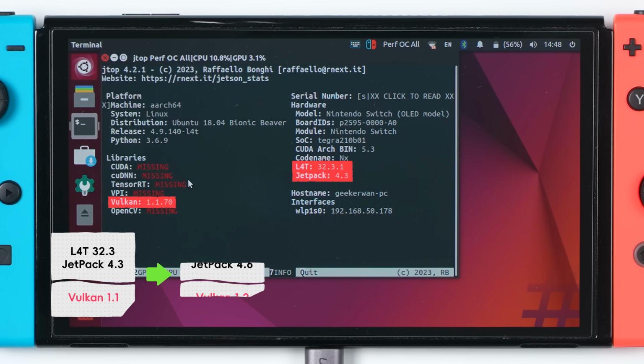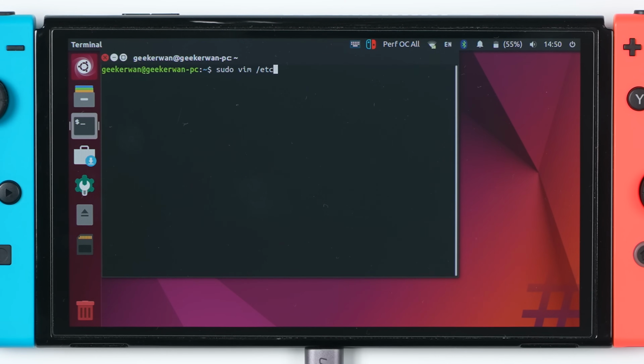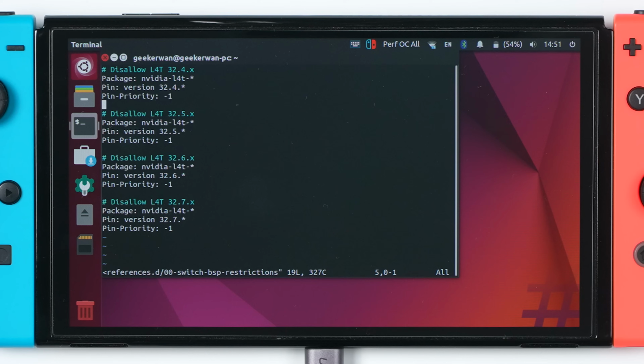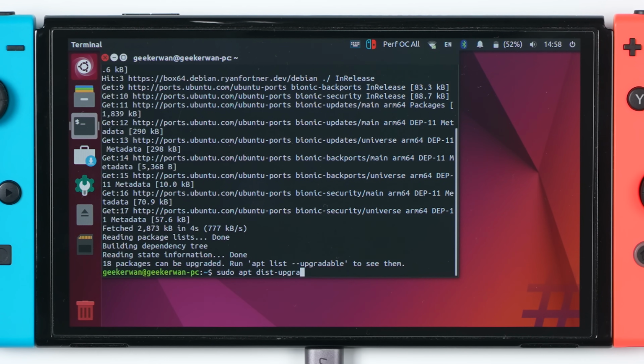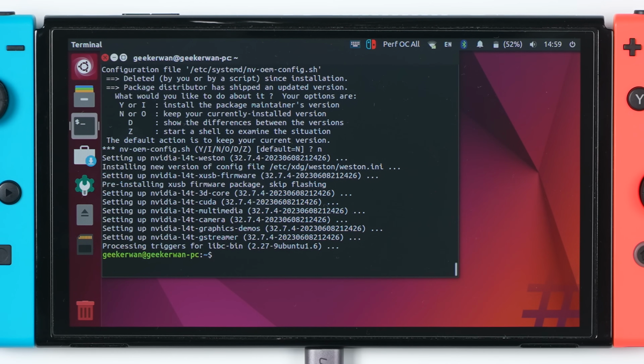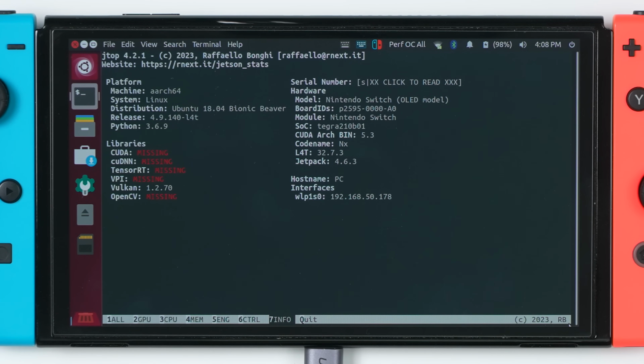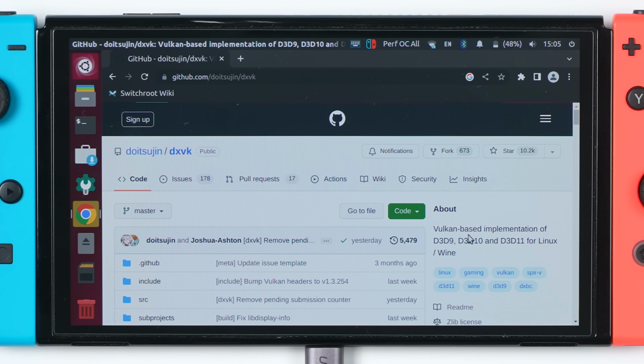In theory, Tegra X1 can upgrade to 32.7 driver, enabling Vulkan 1.2. But due to numerous bugs and performance issues with this version, the devs of Switch Root decided to disable this upgrade in the preference file. Since upgrading to Vulkan 1.2 is critical for DXVK, it kinda leaves us no choice but to join the rebellion and break the seal. And after upgrading the NVIDIA driver, we finally have Vulkan 1.2 support, and now we can